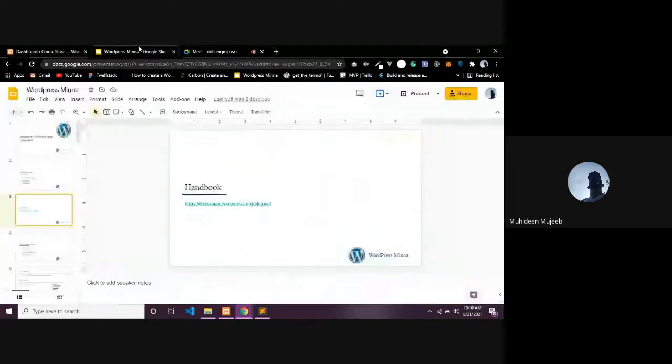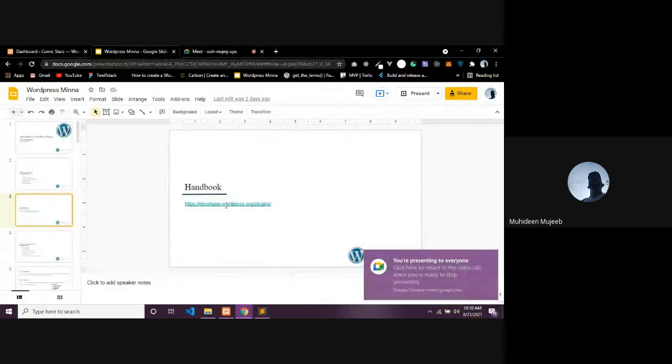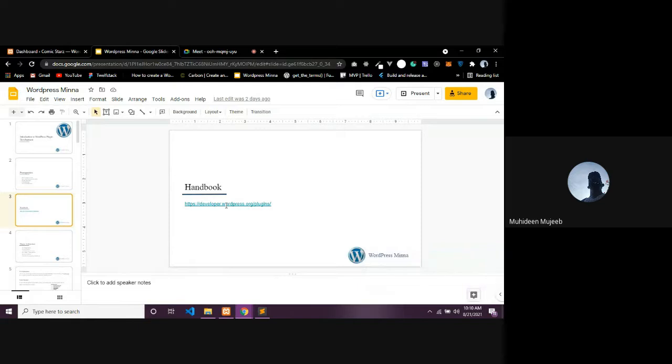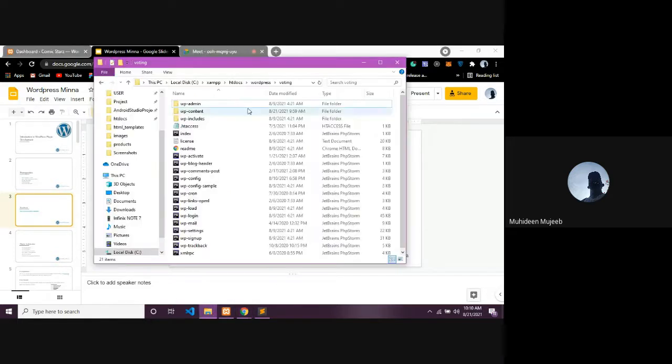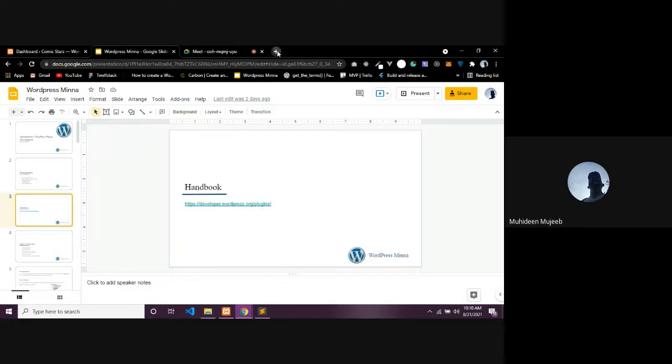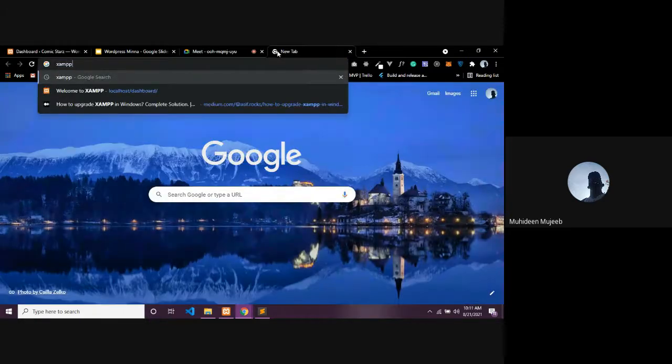So I think I've talked about this handbook. It really helps. Once you go there, you'll be able to understand some other stuff that I'm going to be talking about. Then secondly, when it comes to development, I did mention that I use a local server, which is XAMPP, for development in WordPress and some other things when I'm doing stuff with PHP. If you don't have XAMPP on your system, you can just go to the official website, just search for XAMPP,